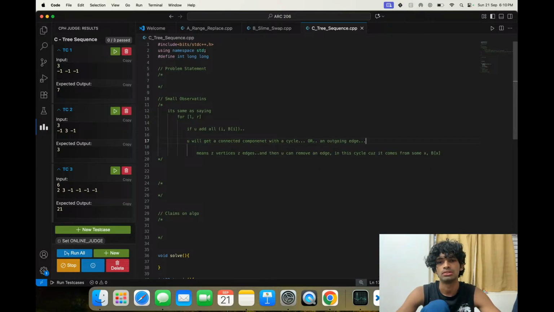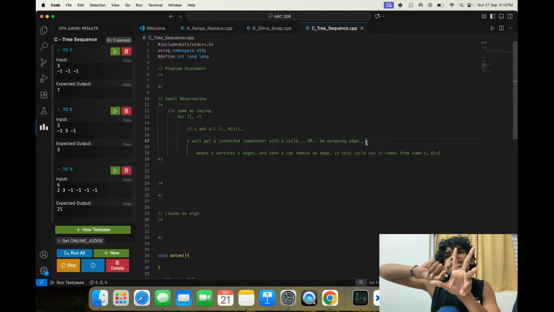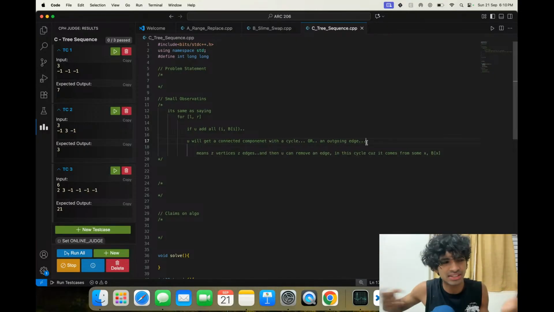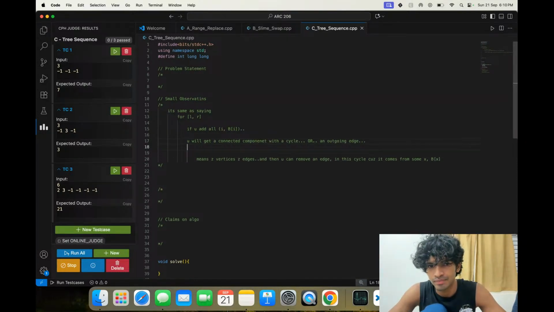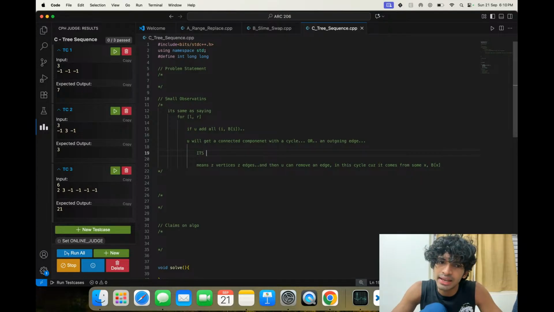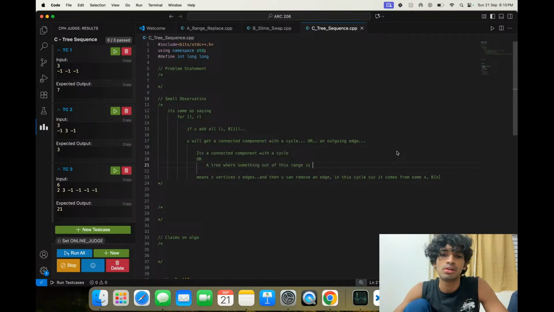Okay. An outgoing edge says nothing but that the vertex is outside, meaning it's still a tree. Okay, it's still a tree. So it's a connected component with a cycle, or a tree where something out of this range is a leaf.